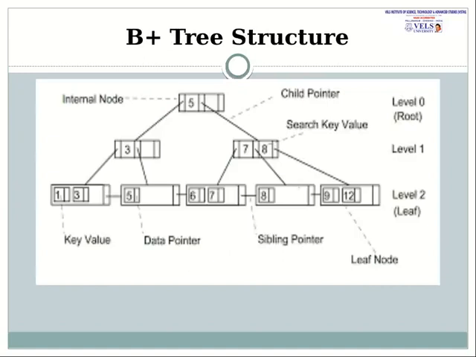The first root node is taken as an internal node. This internal node points to a left node and a right node. The left node points to 3 and 7, 8. The right node points to the next element of 8, and the left node for 7 points to the next leaf node. So if the key value is 1, the data pointer points to the last node, and the sibling pointer points to the 8 for the existing node. Then the equal level, which is balanced for the B plus tree. Here the root level is 0, the second level is 1 and the third level is level 2. It starts from the root node as 0.